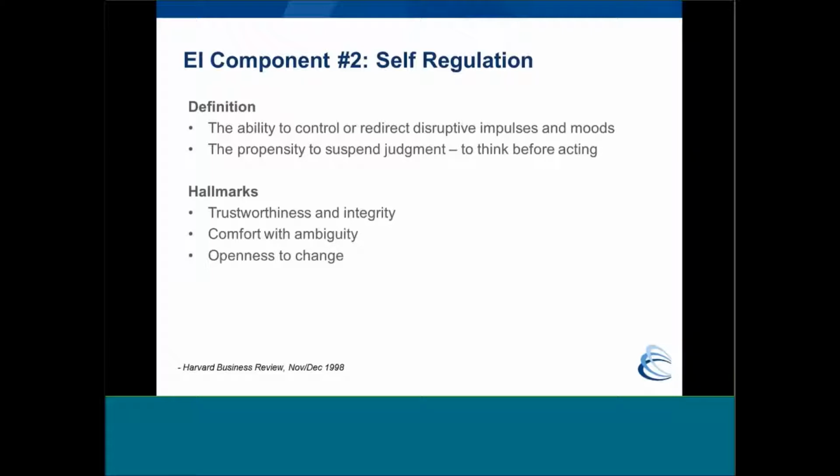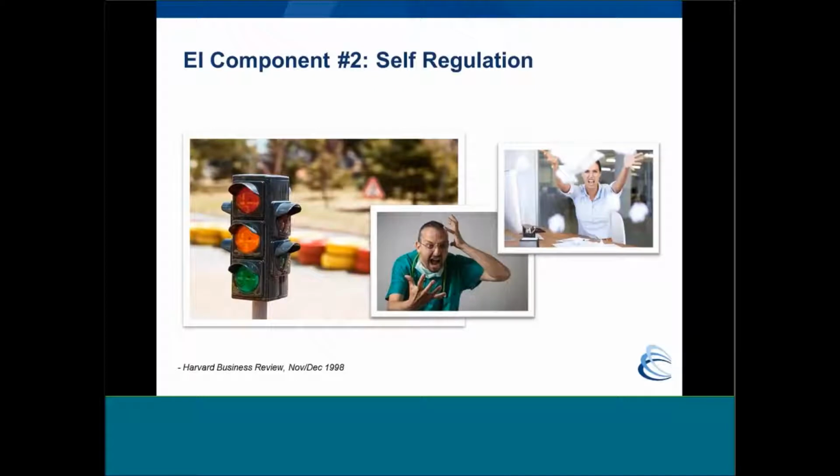And so even if you can get a 1001, 1002 out, you're going to buy yourself just a little bit of time before your amygdala takes over and you've got what we call the amygdala hijack, and we start thinking and acting, saying things without necessarily having our frontal cortex. So folks with high self-regulation are seen as sort of trustworthy, they're comfortable with ambiguity, they're open to change, they don't immediately fly off the handle, but they're going to let processes and things work through.